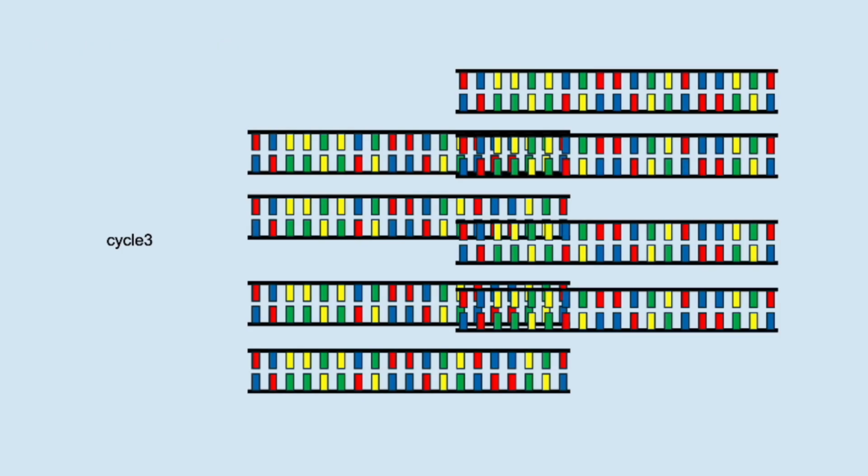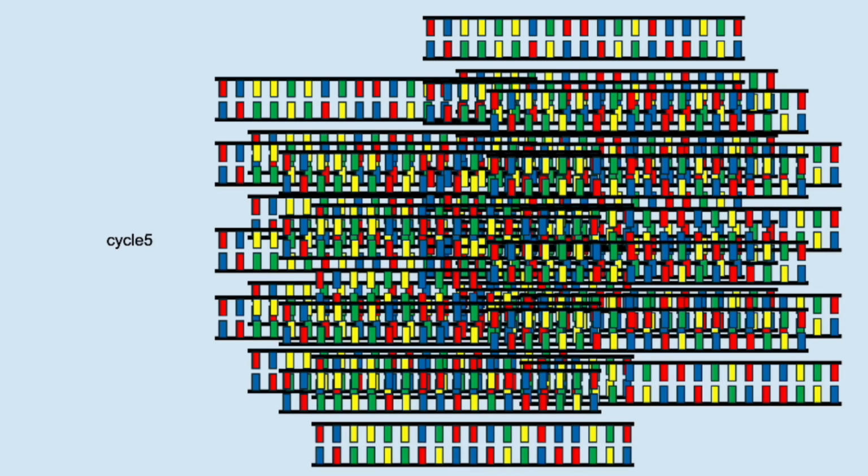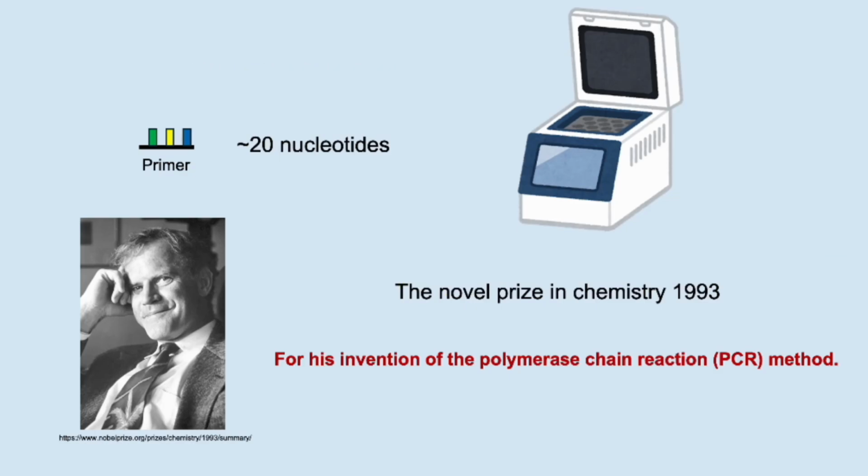One remarkable feature of PCR is that changing the sequence of the primers allows amplification of various DNA regions. While synthesizing long DNA sequences chemically can be costly, primers consisting of approximately 20 bases are relatively inexpensive. Once the primers are designed and all necessary reagents are combined, the PCR machine automates the denaturation, annealing, and extension steps. This simplicity revolutionized genetic engineering, earning its inventor, Kary Mullis, the Nobel Prize in Chemistry in 1993.